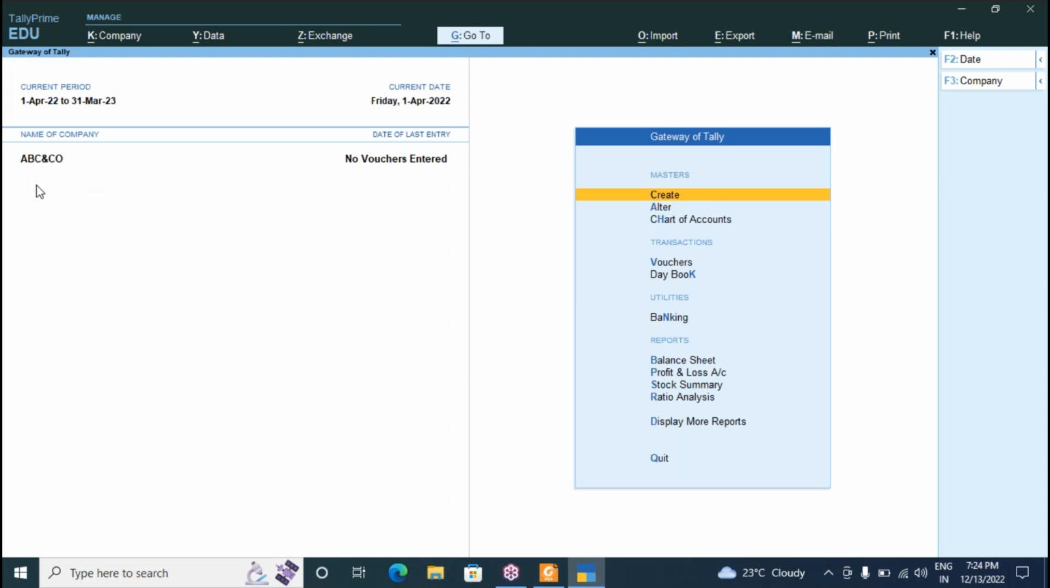Now see, ABC and Company is created, and here the company financial year is displayed as April 1st, 2022 to March 31st. When you go to the company in alter mode, at company creation time I pass only the starting date. The ending date is generated automatically, and there is no need to pass any ending date for company creation. Just pass only the starting date in both the rows. And after that, in the Gateway of Tally,